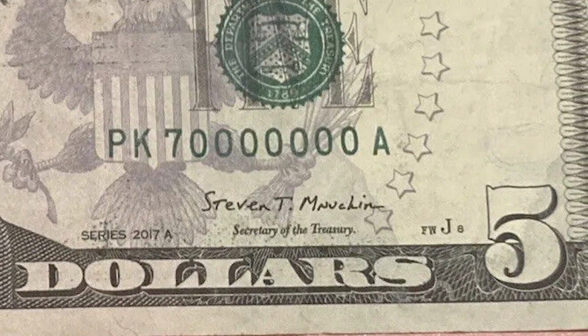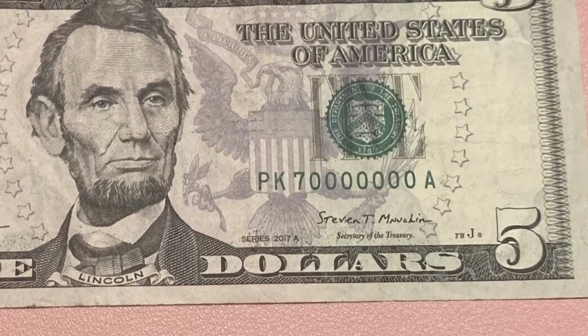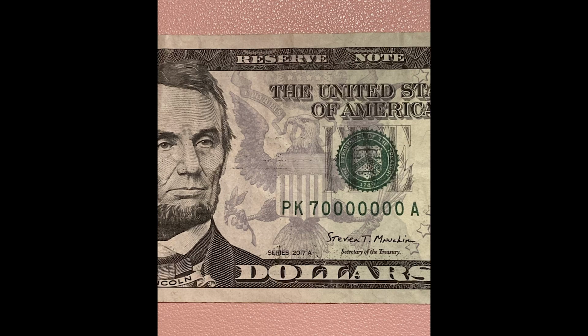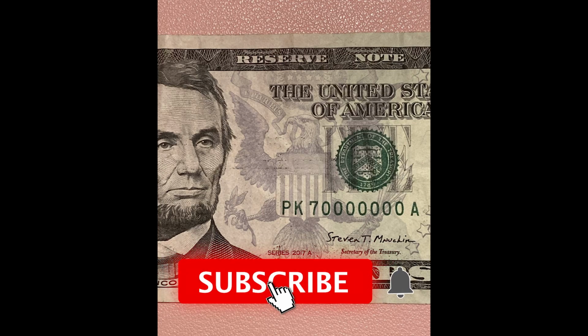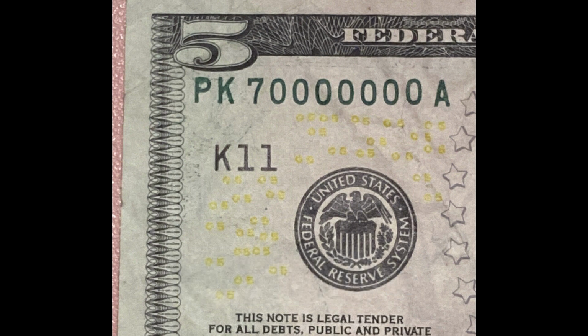Now, this 2017 $5 bill was produced at the Fort Worth, Texas facility. You can tell because it says FW before the front plate number. If you do not see FW anywhere on your bill, then it was produced at the Washington, D.C. facility. The reason why this one sold for